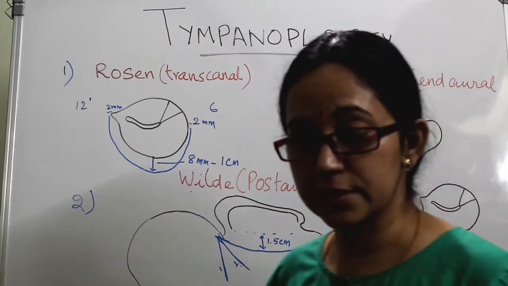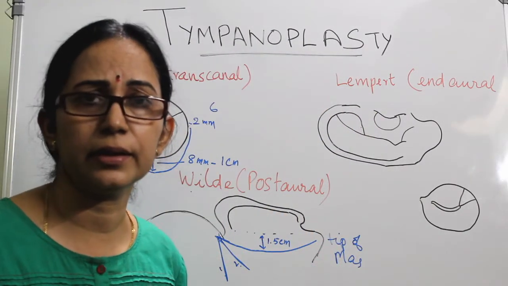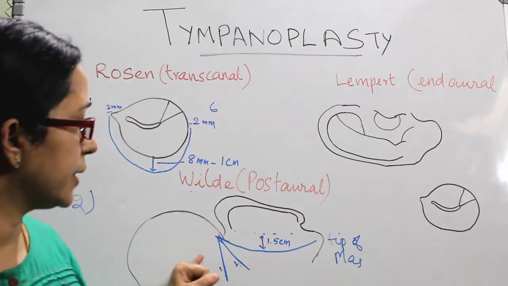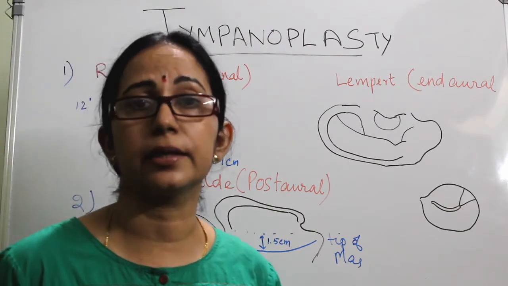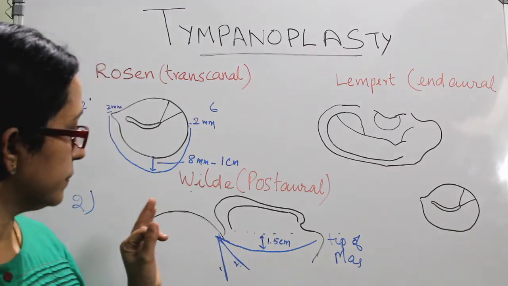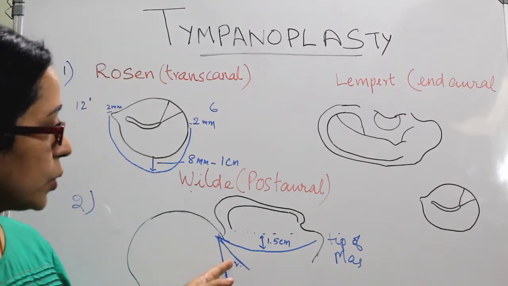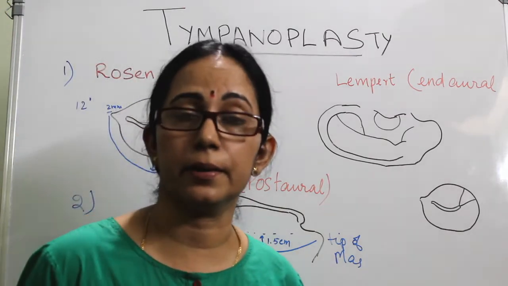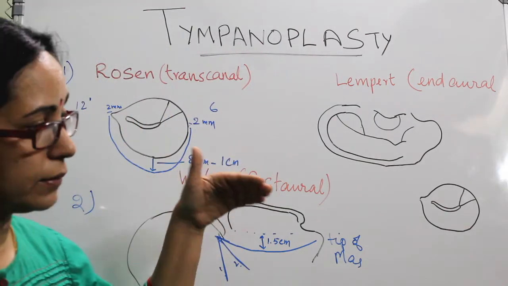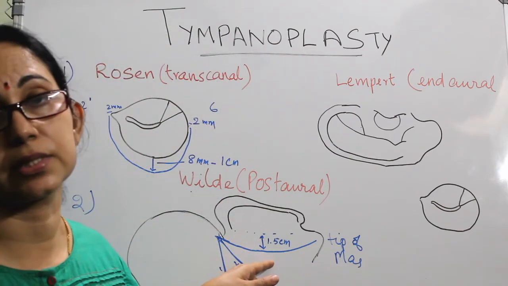So this William Wild's incision gives an excellent exposure, and both your hands are free. That is the advantage. There is no need of a speculum holder, and this is easy to perform. Even beginners can do this incision. Also, a well pneumatized mastoid can be approached by this technique, and if the external auditory canal is very narrow, then also you can use this incision.